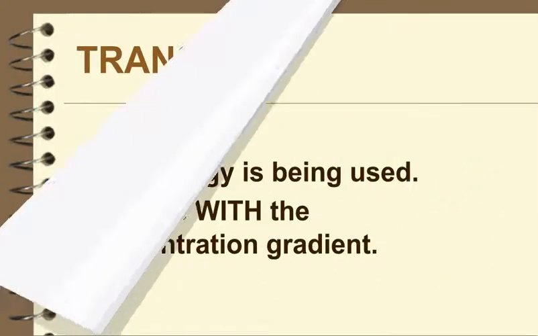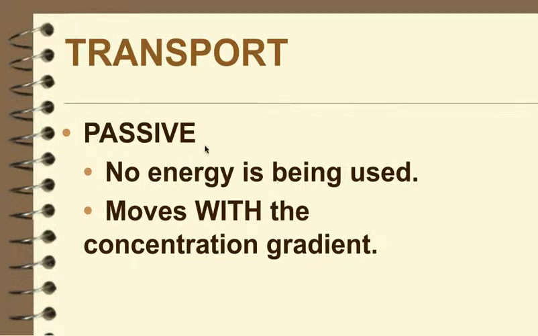In our last screencast, we looked at the structure of the cell membrane. Now we're going to look at how it's actually working. So there are two types of transport across the membrane to help the cell maintain homeostasis. The first type of transport is called passive transport. What that means is there's no energy being used, so things can just pass in and out of the cell